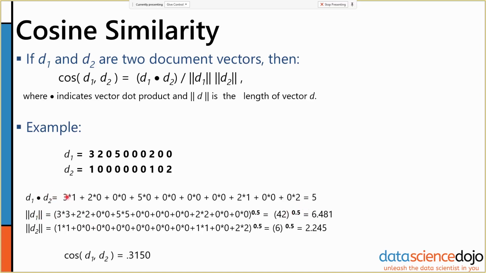So in this case, we have a dot product of 5. We have magnitudes for D1 and D2 of 6.481 and 2.245. So we multiply these two together and divide 5 by that, and we end up with a cosine similarity of 0.315. Cosine similarity is a really nice metric for documents because it gives us this very clean 0 to 1 measurement